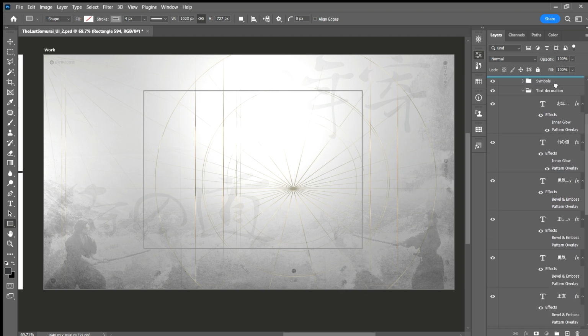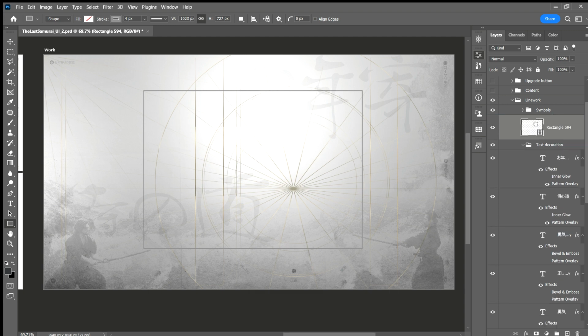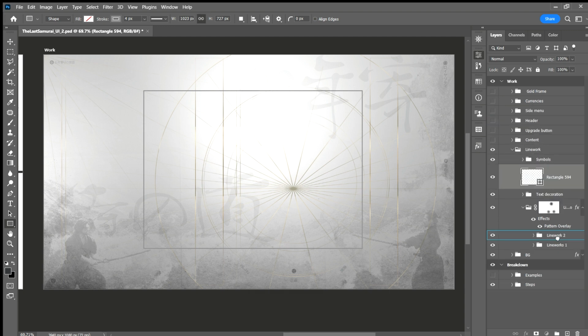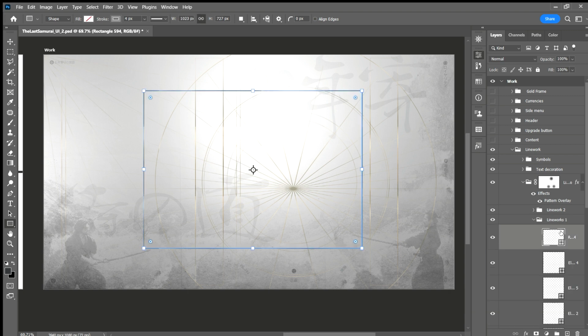Where is it? Symbols. Yeah, I moved it to the wrong one. I have to move it inside here. Yeah, and then it'll apply this gold effect to it. So you can play with this. You can rotate it,